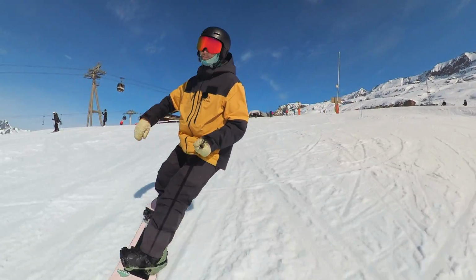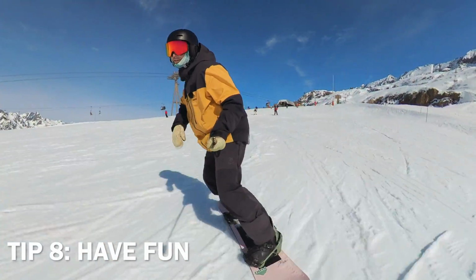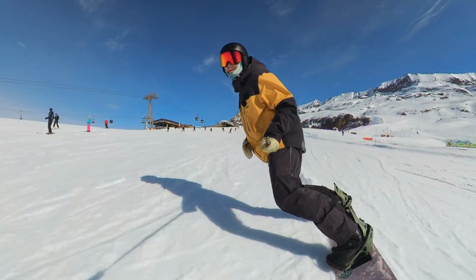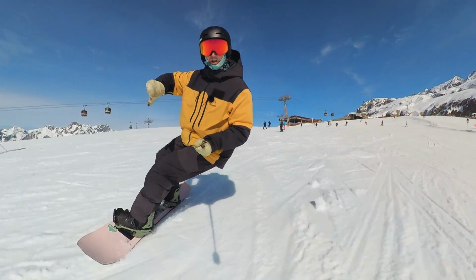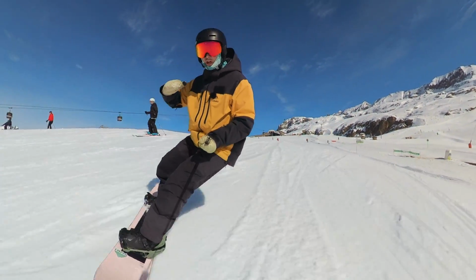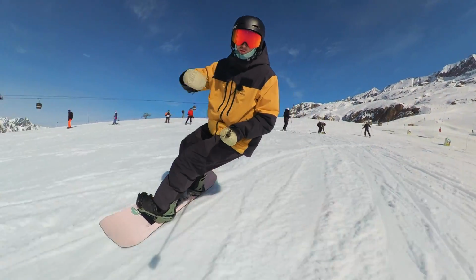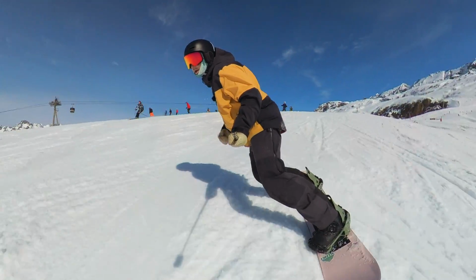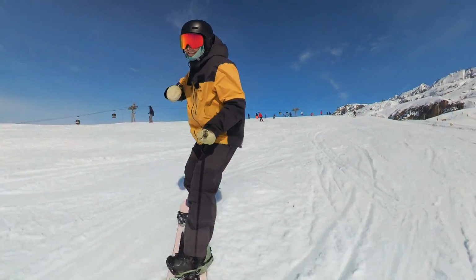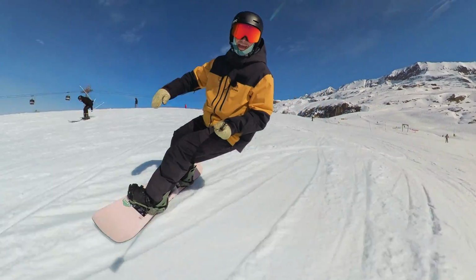Tip number 8 is the most important tip of all. Have fun. All right? Now, whilst in most of my videos, I try to advocate a way of riding where you follow the nose of the board, get an early edge change, control your speed with your turn shape and eliminate skidding. And I try to promote riding in a way that really you can adapt to ride all conditions very well with. It doesn't mean that every turn I make is perfect and I ride like that all the